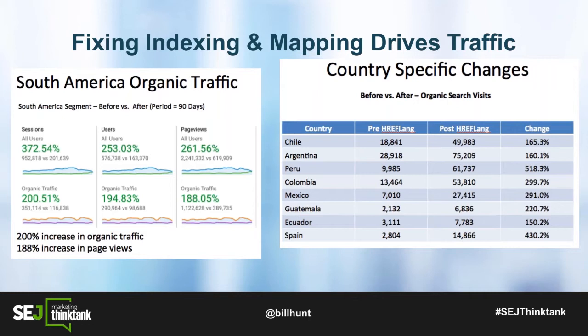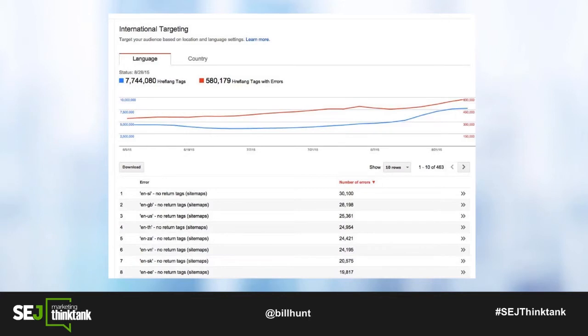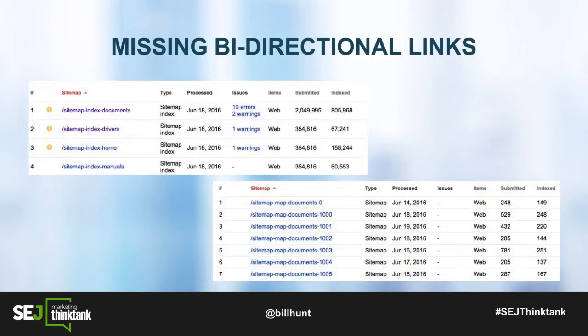And when you have this problem, if you go to the next slide, it typically looks like this, where 7.7 million href language tags were submitted and 580,000 of them had errors. And the problem with this is because the sitemaps that they were included in weren't being indexed. If you go to the next slide, the very next thing we did when we see this kind of error is go over to, again, Search Console, simply click the XML sitemap file, and we can see that very few of the pages had been indexed. And we started diagnosing the problem.